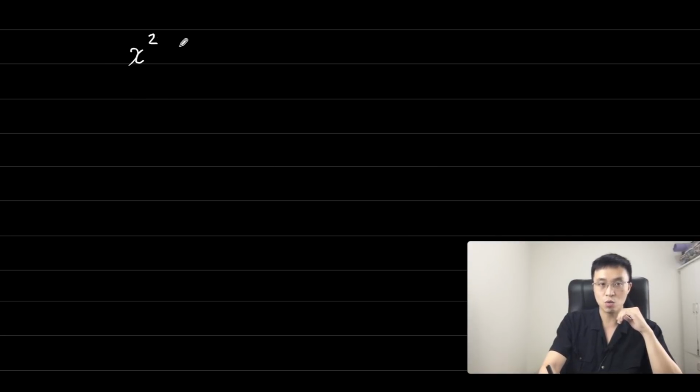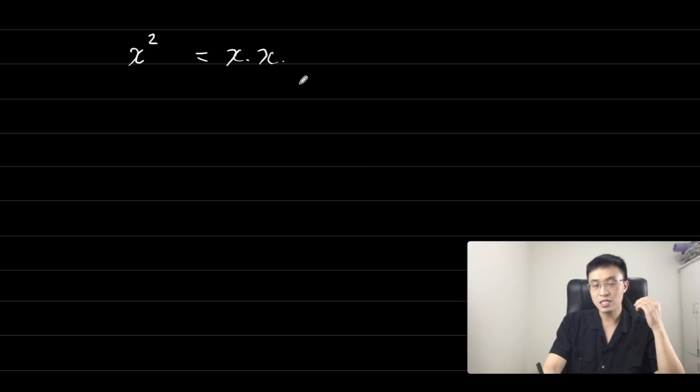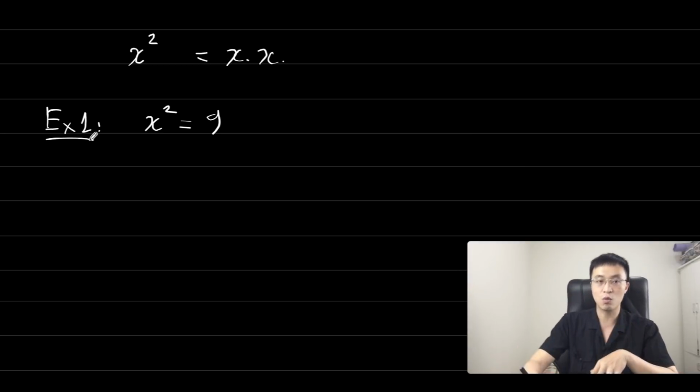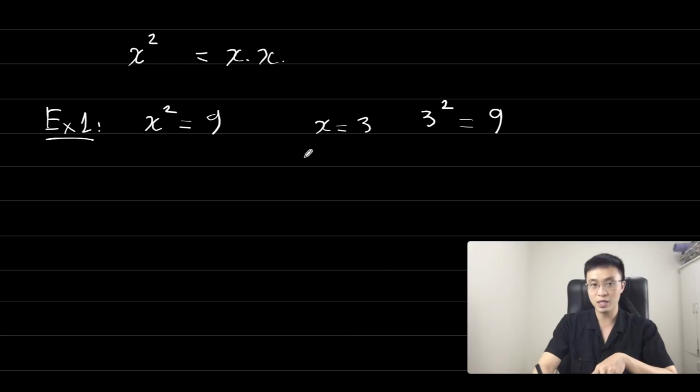Example, x squared. As you know, x squared means x multiplied by x itself. And when I say solve, it means we have to find the values of x that satisfy the equation. Example, we have x squared equal to 9. Maybe mentally you can calculate very easily that x will be equal to 3, because 3 squared equals 9. So we can say x equal to 3 is the solution